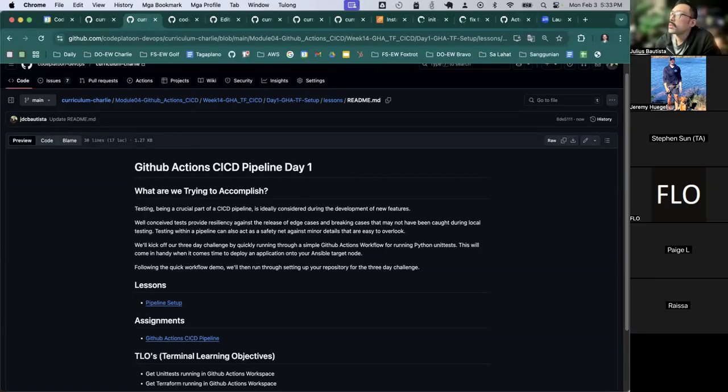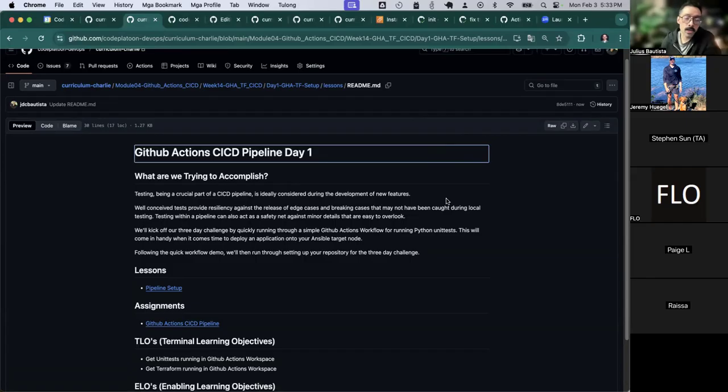Okay, so let me see here. Like I mentioned, we are covering GitHub Actions with Terraform. So we're going to be setting up a pipeline, and